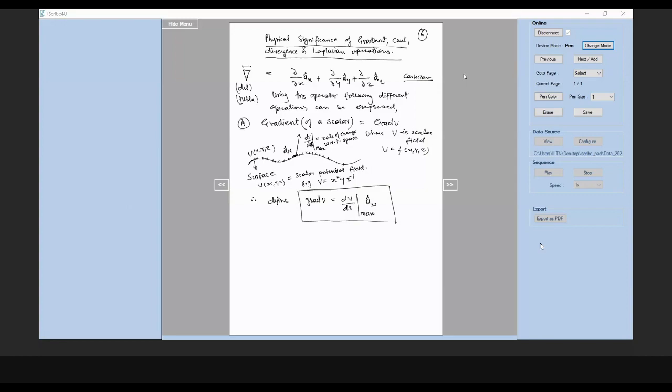So whenever someone asks you the definition of gradient, it is the maximum space rate of change in the normal direction to the surface over which that function is spread or present. V is present on a surface. The normal direction to it is a cap n. Already we have said that whenever a direction is to be mentioned, it is mentioned in the form of a unit vector, so this is the unit normal vector. And dV by ds is nothing but the space rate of change, and that too the max rate.